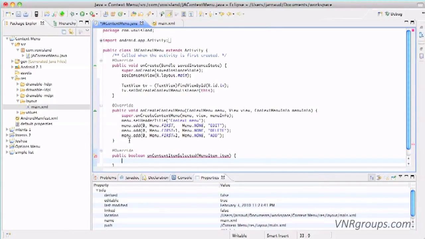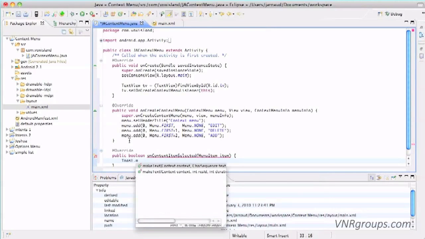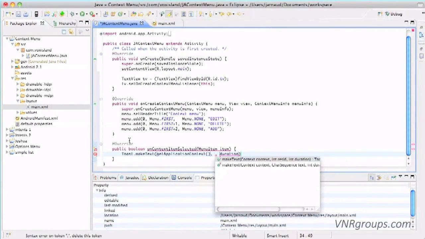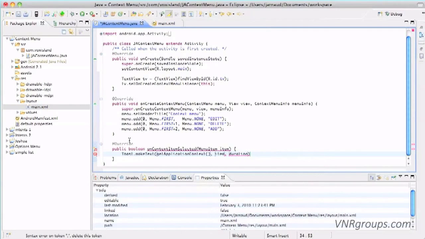Well, let's simply use a toast message to show which menu has been selected, and makeText for the context. We're going to use getApplicationContext. For the content, we can simply use item that I'm receiving here, see,